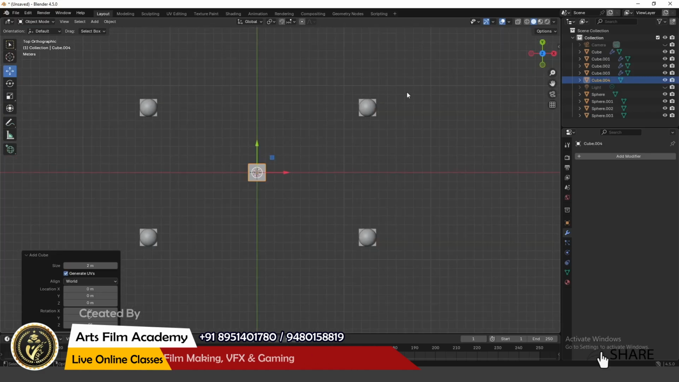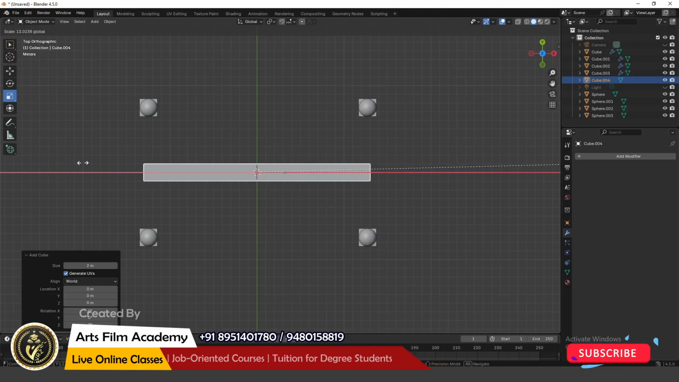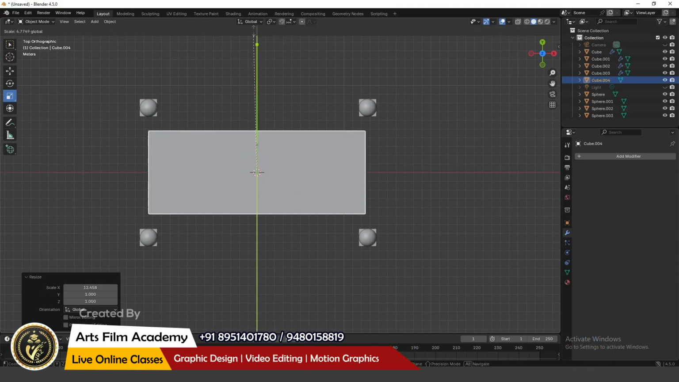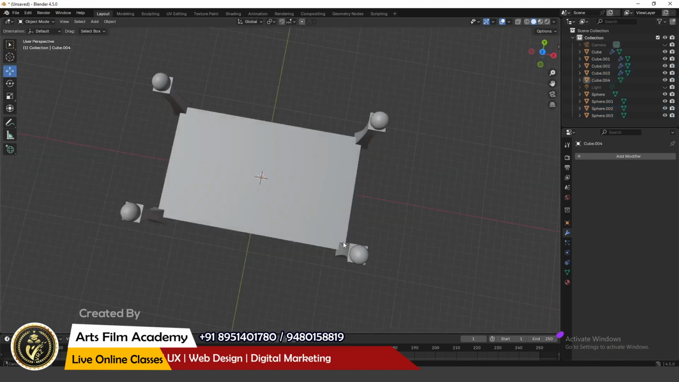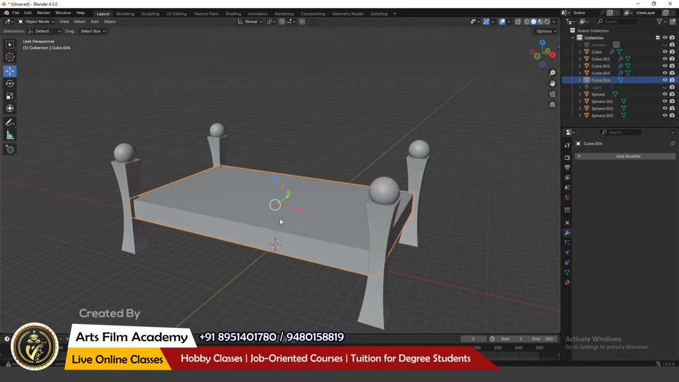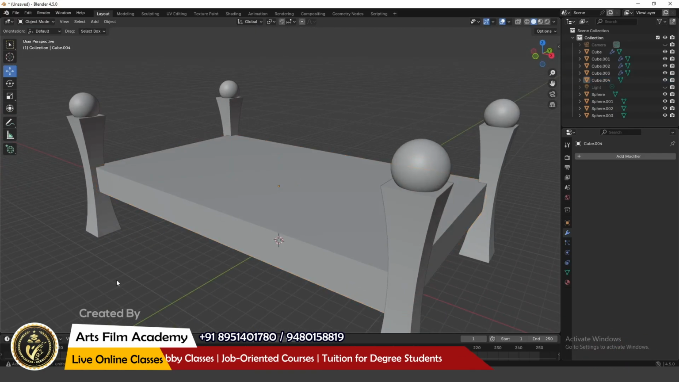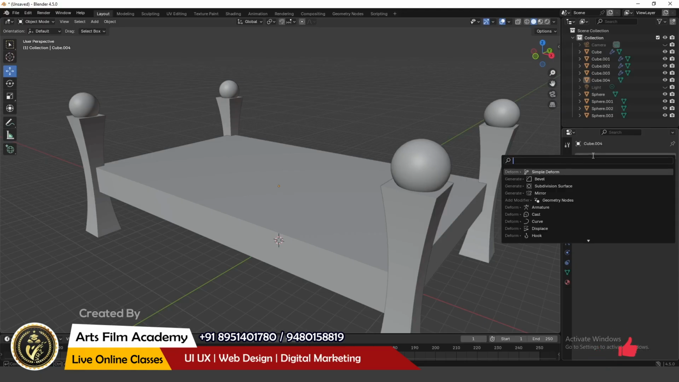and I'll go to the top view. Let's scale this. Somewhere up to here, and scale in the other direction. Let's add some chopped edges. So I'll use the help of modifiers, and I'll go to the add modifier, search, and this time let's search for bevel. Add the bevel,